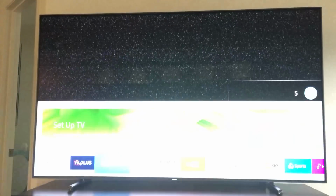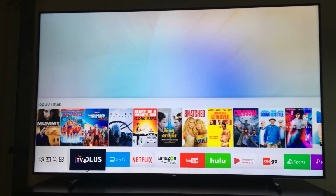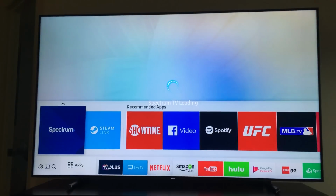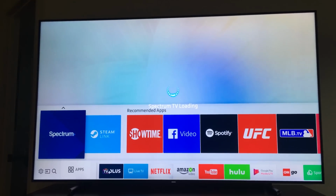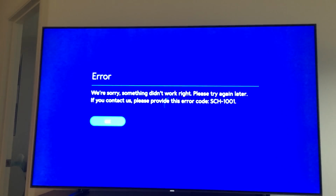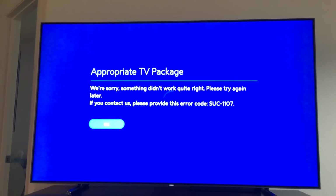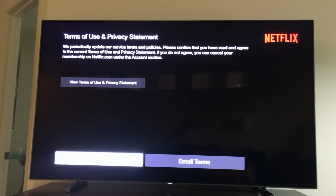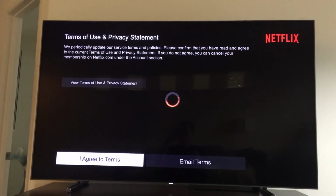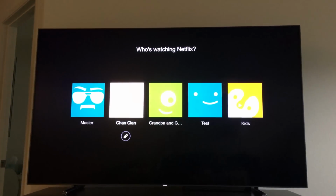Unfortunately, this is happening quite frequently and is becoming irritating, although some of this perhaps is the actual app programming to blame, for example, Spectrum in this case being a culprit. But one must suspect that perhaps the operating system itself is also having some problems, as you can see here too. So again, the interface is somewhat janky and does have problems. Standard fare, such as Netflix, Amazon and whatnot, they do seem to work very well, however, and as you can see here, we have,